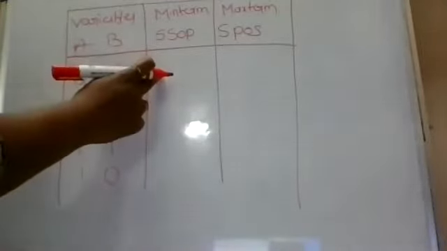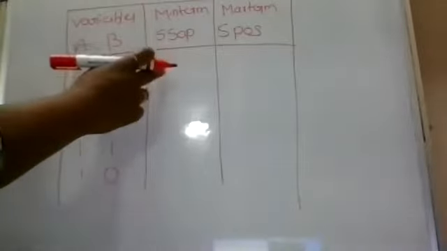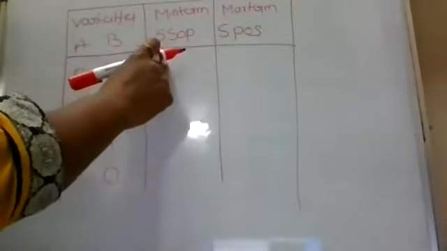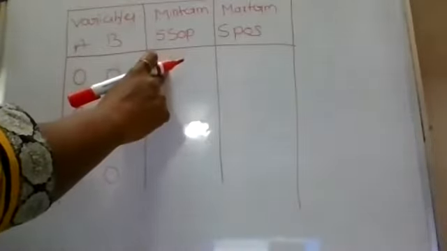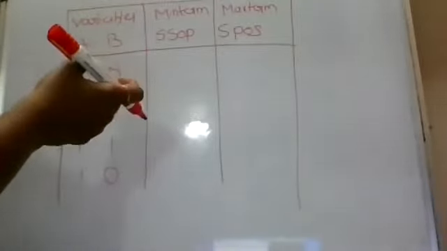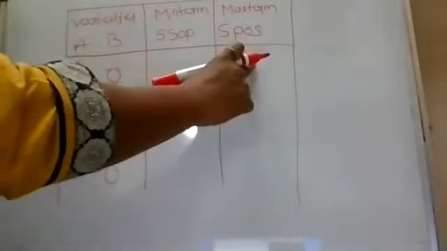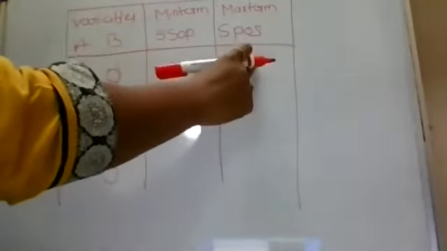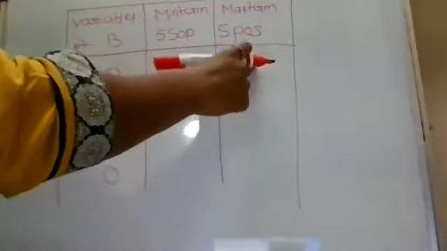So in SSOP form, we can write this. If A equal to 0, then we take the complement. If a variable is 1, then we should write the same value in SOP. So in POS, if the variable equal to 1, then we take the complement. If the variable is equal to 0, then we take the same value.